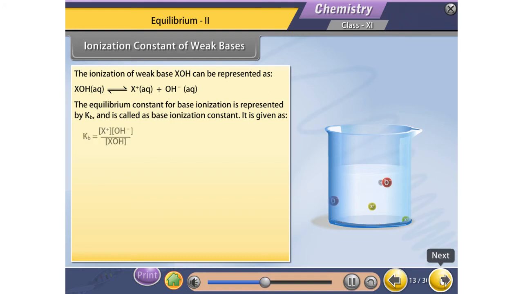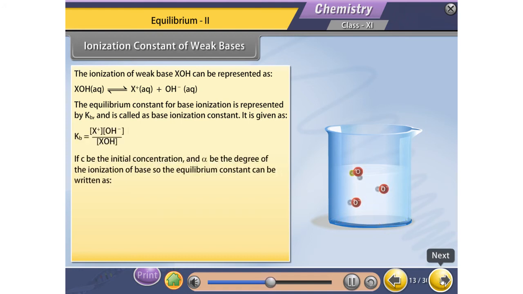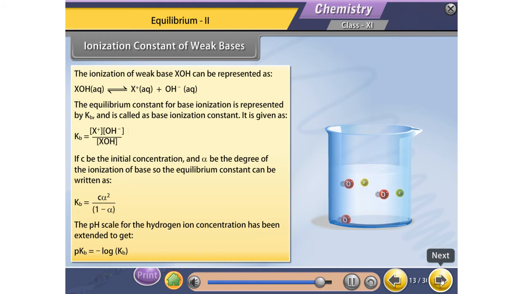If C is the initial concentration and alpha is the degree of ionization of the base, then the equilibrium constant can be written as Kb equals C alpha squared by 1 minus alpha. The pH scale for the hydrogen ion concentration has been extended to get